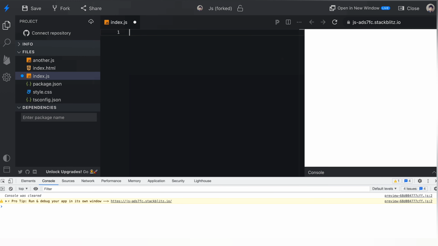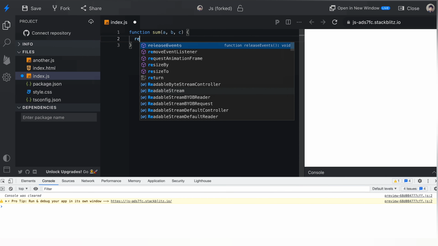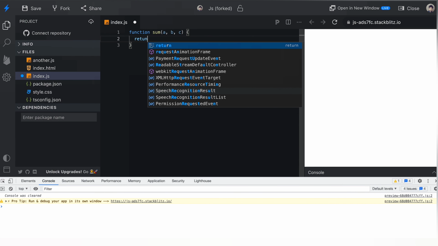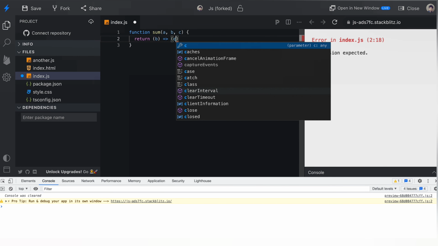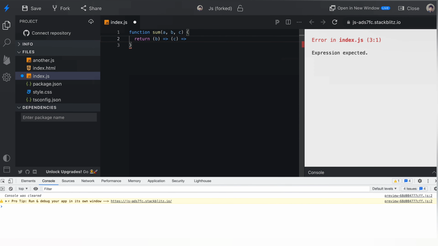So again let me take an example with the sum. Okay, so there is a function sum, and here we are going to add 3 numbers a, b and c. So we are returning a child function which also contains another argument, which is again returning another function which contains an argument, and at the end we are just adding all these numbers, or you can say the arguments.